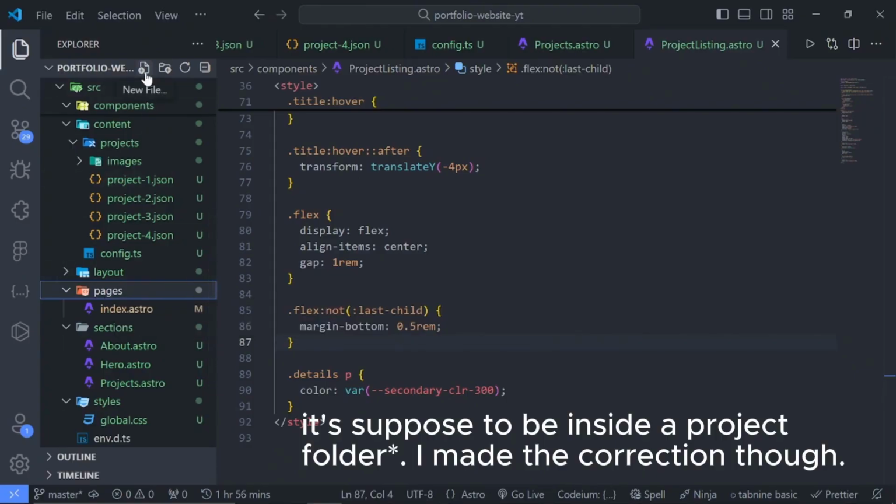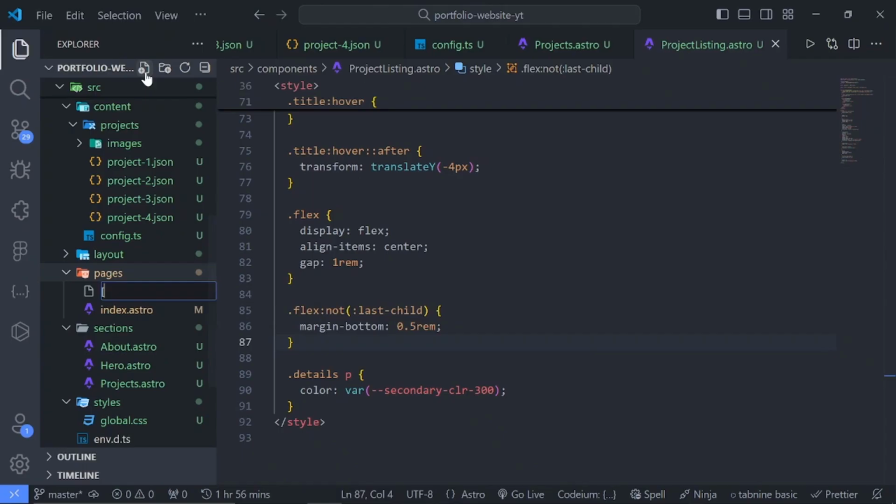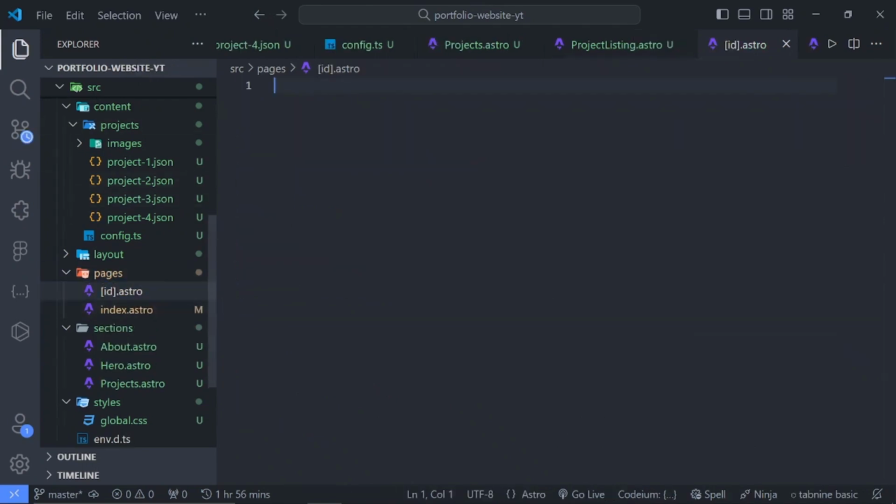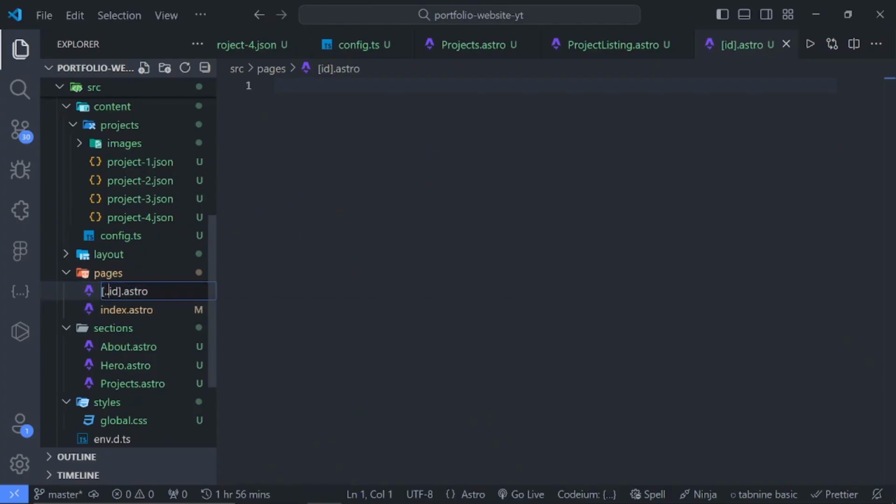So we can do that by making sure this is in a square bracket. In our case, ours was id, so say id dot Astro. So if it's server-side rendered, you would need to pass in these 3 dots, but ours is from our